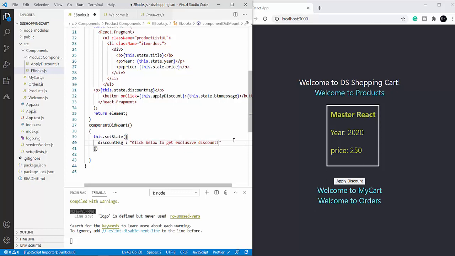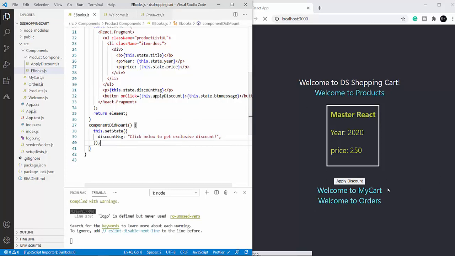I like exclamation marks. Okay. So this script will update my state over here. Now let's save it and check it.